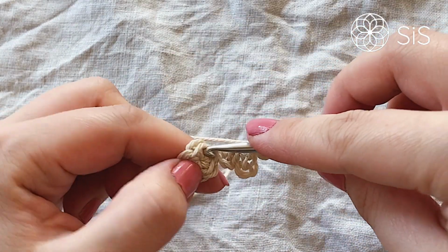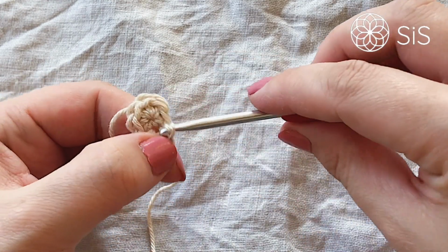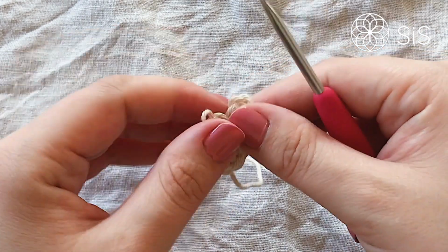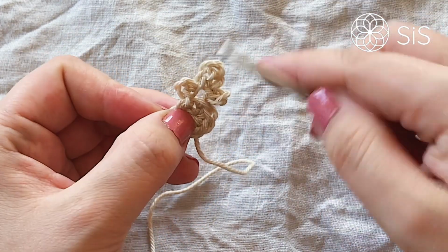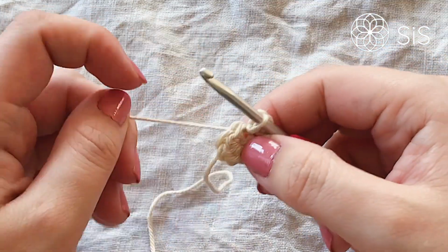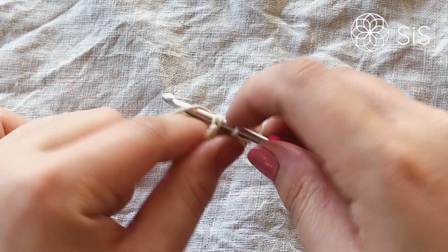Working with this kind of thinner yarn is a little bit tricky, but just take it nice and slow and you'll get the hang of it, okay? So it should look like this once you have done the first repetition of the section. So cute! And then you are slip stitching into the next stitch